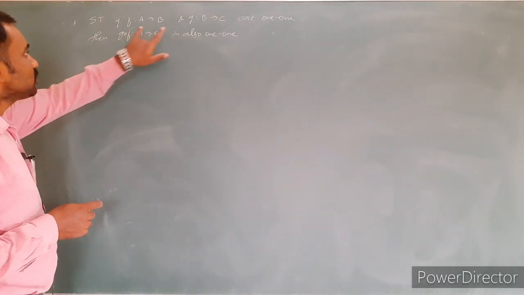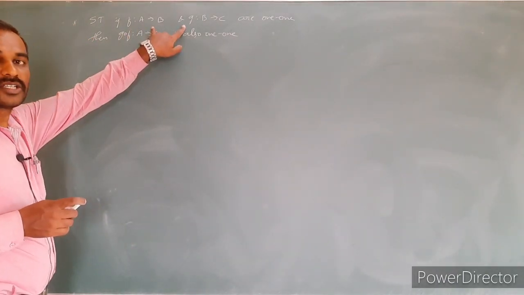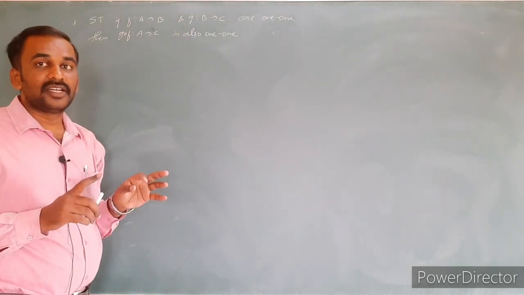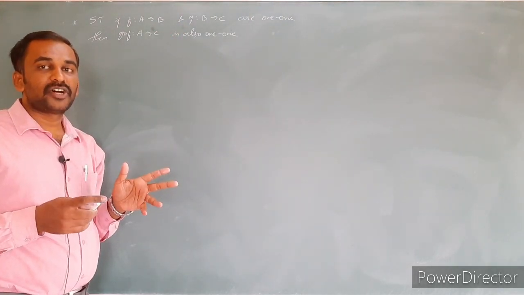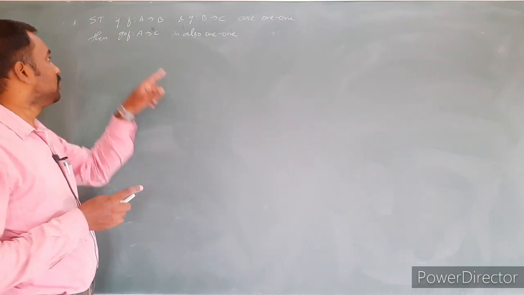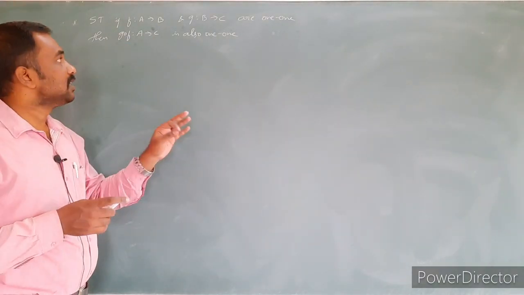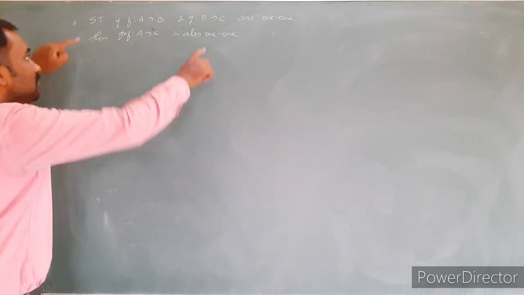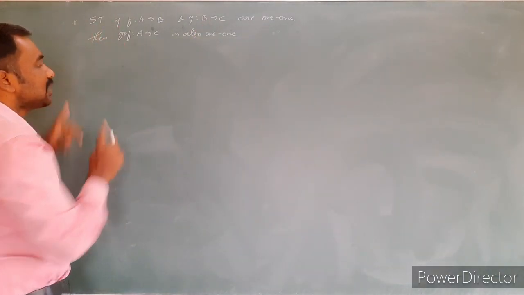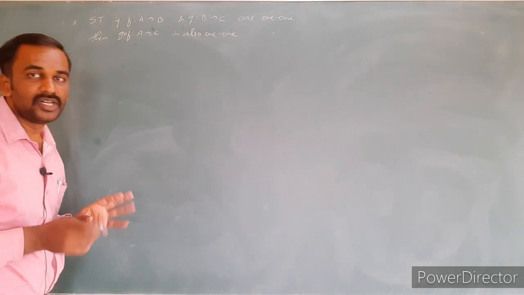Then composition of these two functions. We already know that composition of two functions may not satisfy the commutative law, particularly g circle f. G circle f is from A into C and is also 1-1. Given two functions are 1-1, then their composition g circle f is also 1-1.